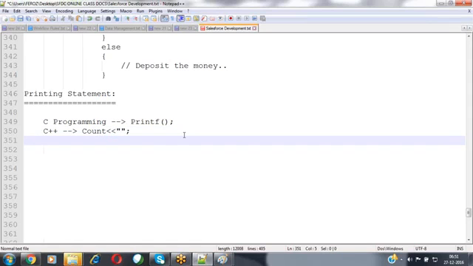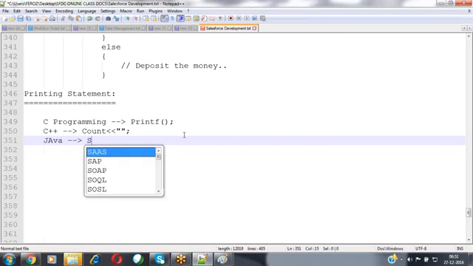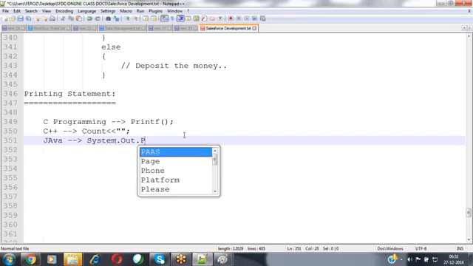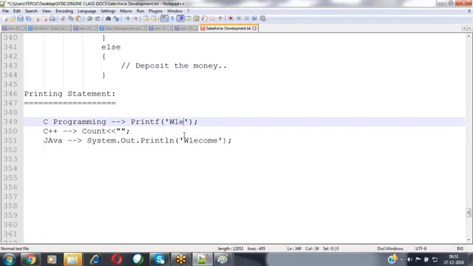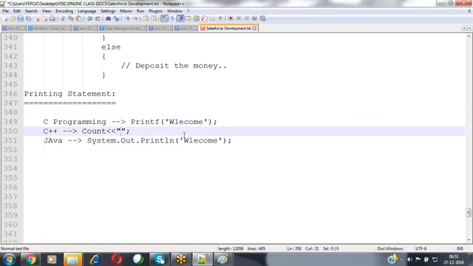In Java, you have System.out.println. We can specify the message which you want to display, like welcome. In C we can specify welcome, and in C++ also we can specify welcome.